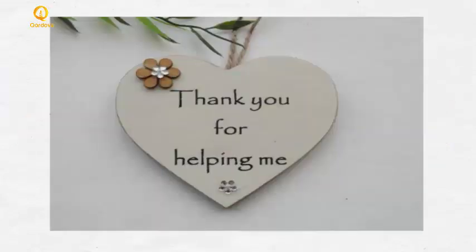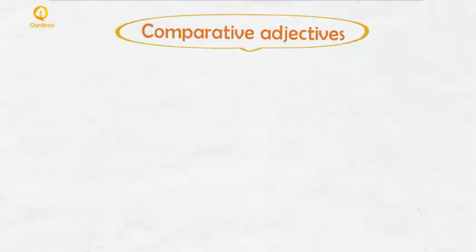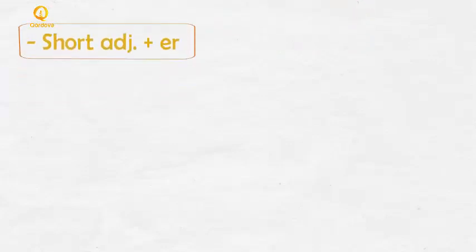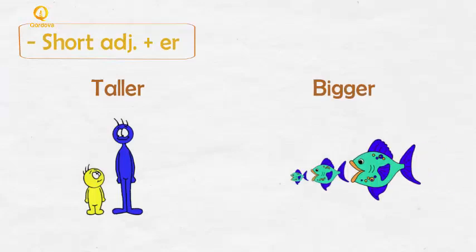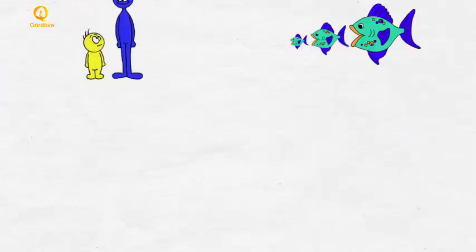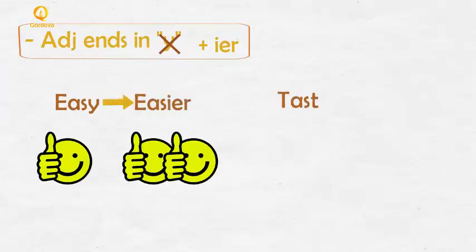But since you've helped me today, I'll tell you about how to use comparative adjectives. If you have a short adjective, add er at the end of the adjective. For example, tall, taller, big, bigger. If the adjective is short and ends in y, you should remove the y and add ier, like easy, easier,